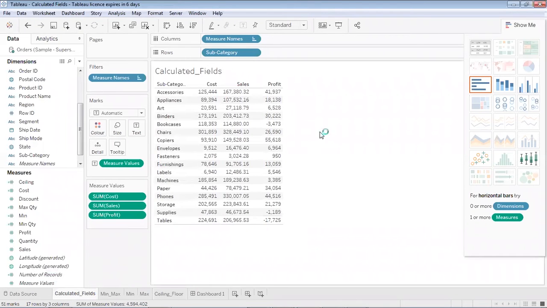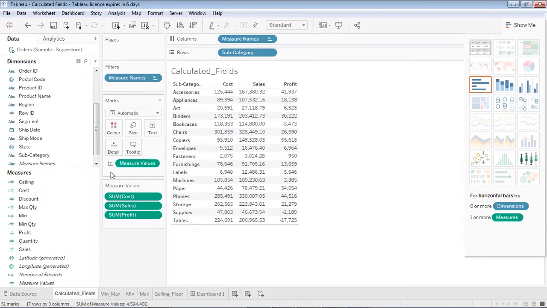So this is my calculated fields tab. You can see over here in my sample superstore data set, I had these two fields: the profit generated by each subcategory of product and the sale price of each subcategory of the product. Using these two, I have calculated the cost price of each subcategory of product. So basically, I just subtracted the profit from the sales to get the cost of each subcategory of product.